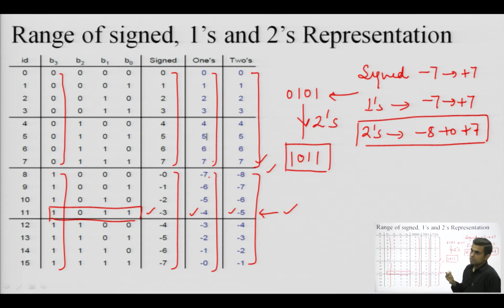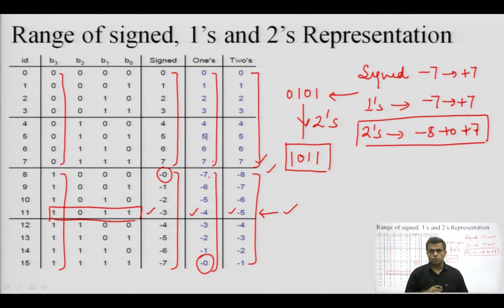Now, how is this range exceeded by one value? We can check that in signed representation and in 1's representation we have minus 0. Now, we need not represent 0 in two forms, plus 0 and minus 0, 0 is 0. So, 2's complement eliminates this concept of minus 0, which is actually pretty good from the machine's point of view. The machine is not able to understand the concept of minus 0. Okay. So, that is why 2's complement is preferred over 1's and sign magnitude representation.